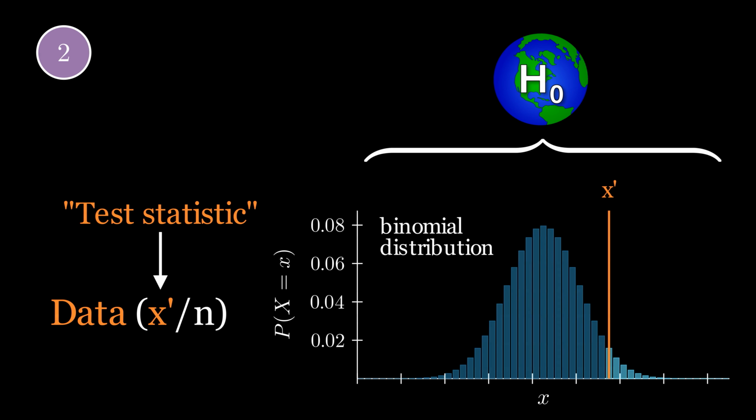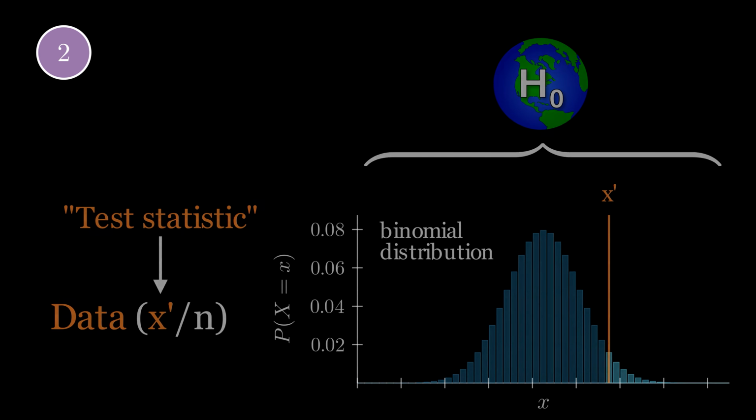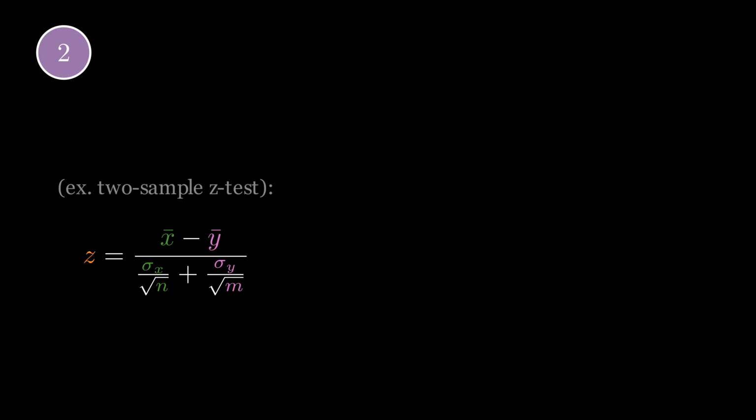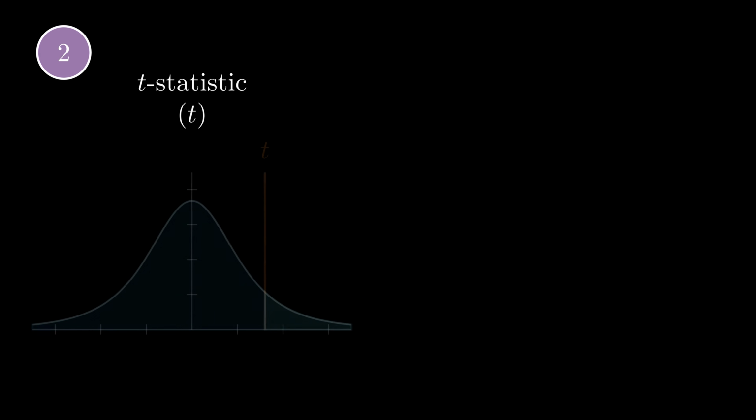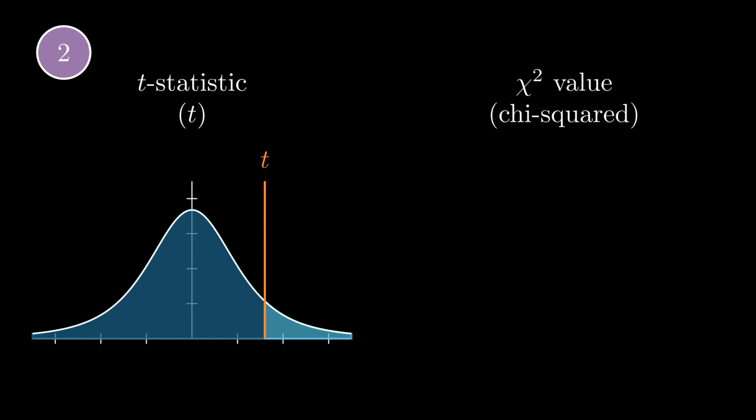In other types of hypothesis tests, you might come across other test statistics which follow other distributions under the null hypothesis of that test. For example, you may have heard of a z-score, sometimes called sigma, a test statistic which measures how much a sample or set of samples differs from a known normal distribution. Under the null hypothesis, the z-score that you calculate from your data follows a standard normal distribution, with mean 0 and standard deviation 1. Other examples of test statistics include t-statistics, which follow a t-distribution, and chi-squared values, which follow